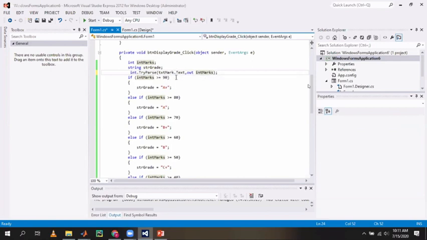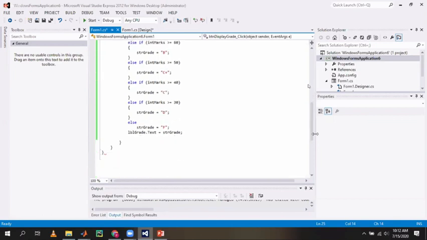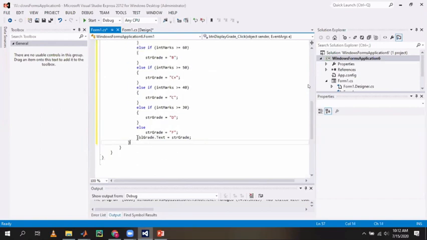We check whether it is possible to convert to integer, then we can get the output as int marks. Otherwise, no. Then we can make this condition like that and execute this one. Otherwise,